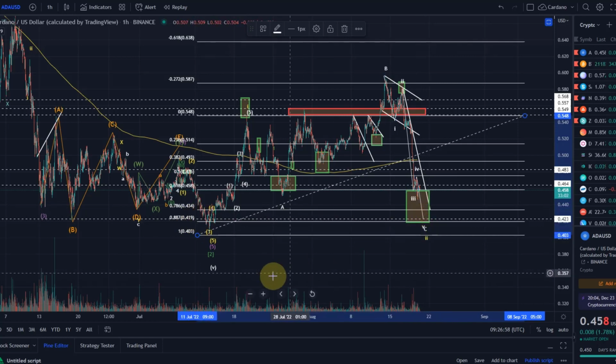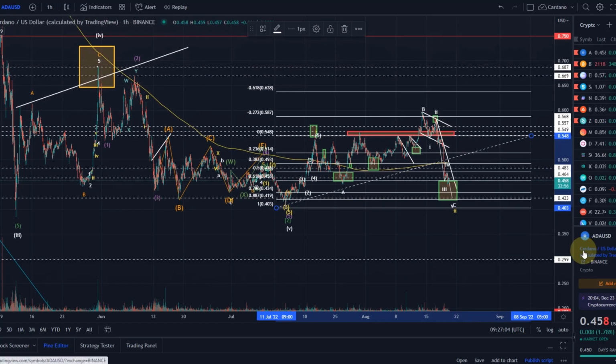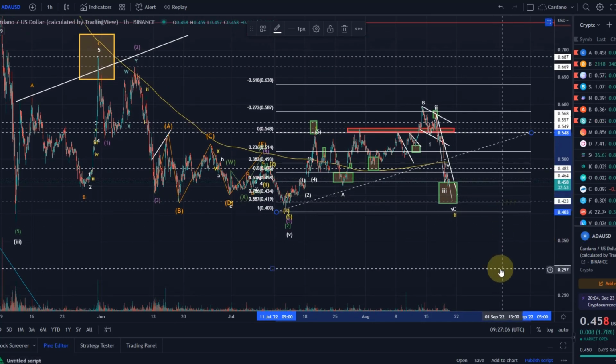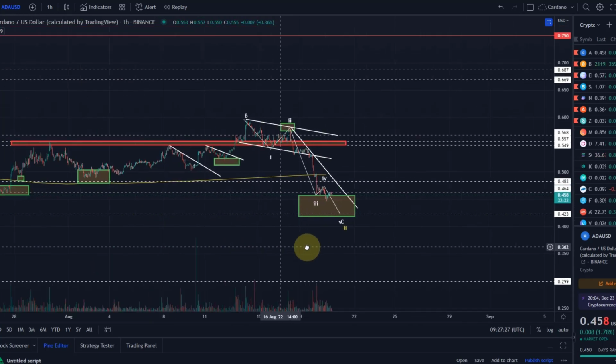If we go below this, I think there's a really good chance that we're losing the 40.3 cent level as well. Best target for me, if we lose this level, would be the 29 to 30 cent level. That is the 88.7% FIB level of the overall larger move on the ADA chart. So yeah, at the moment, possible last straw of the bulls here, but with a high risk now, as we've dropped so low. So let's zoom in and take a look at the more imminent wave count here.